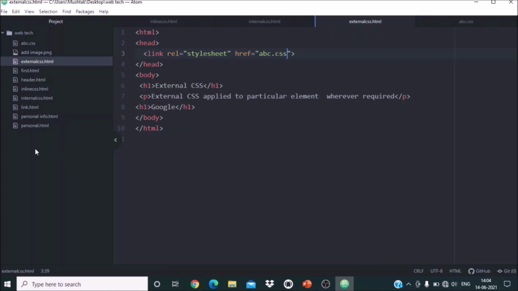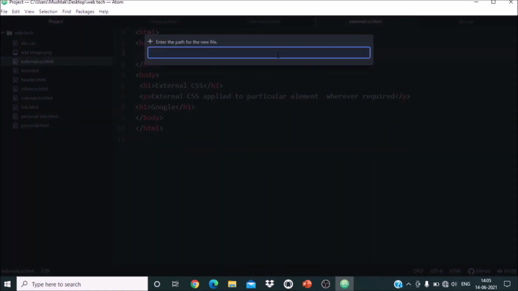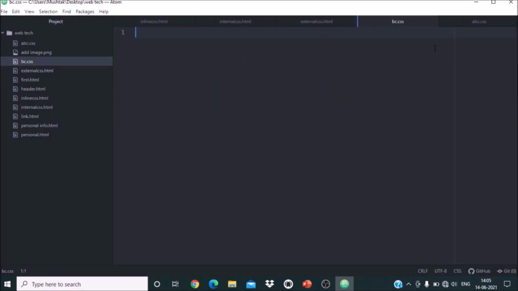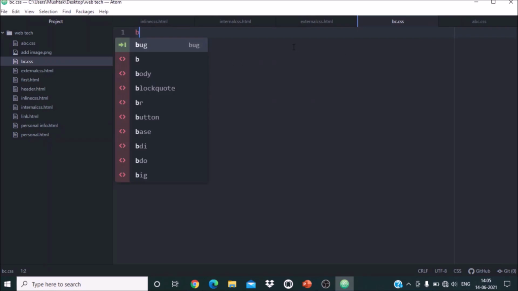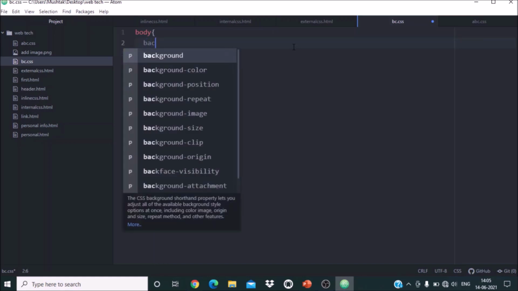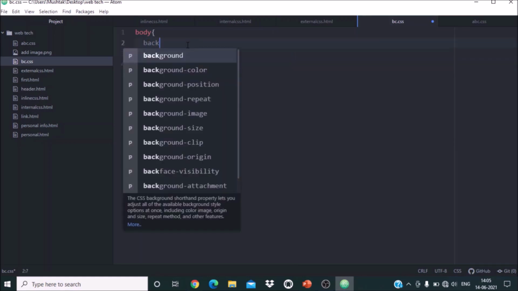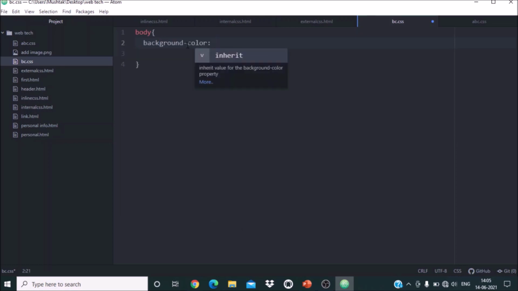If suppose I want to change the fonts, or I want to change this particular style of the HTML page, so I will create a new CSS file. Suppose it is bc.css, and in bc.css I will have body, different style. Suppose the body background color, I will have background color as yellow.